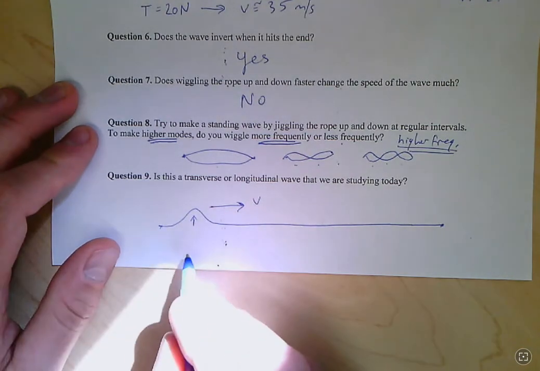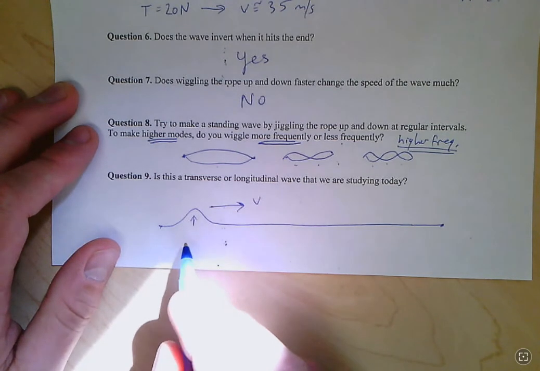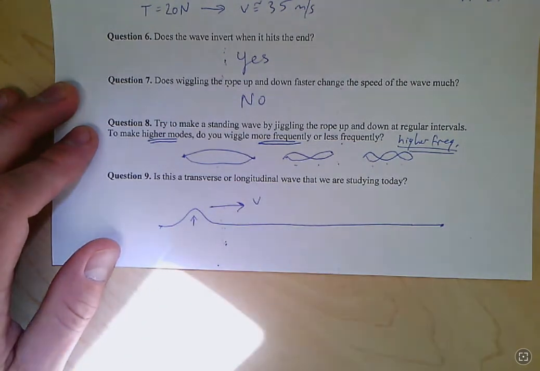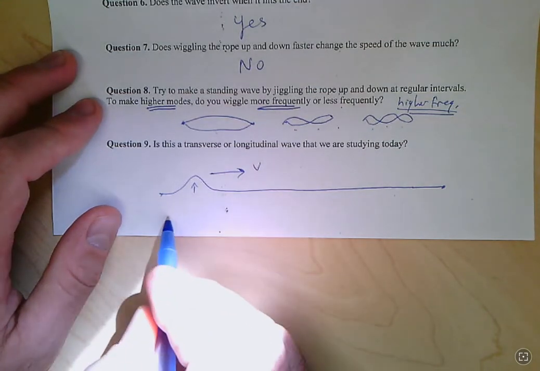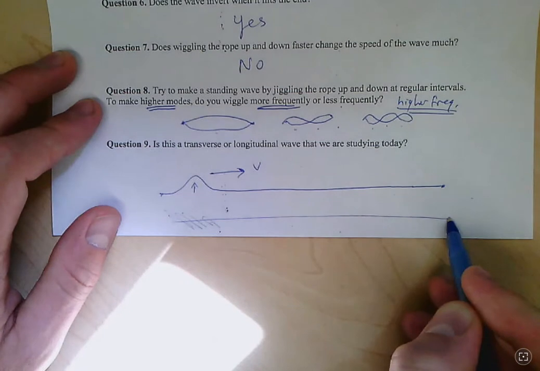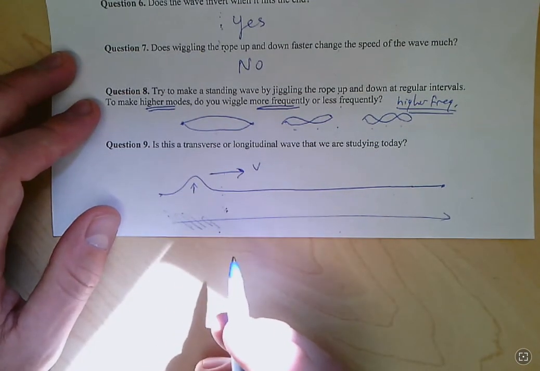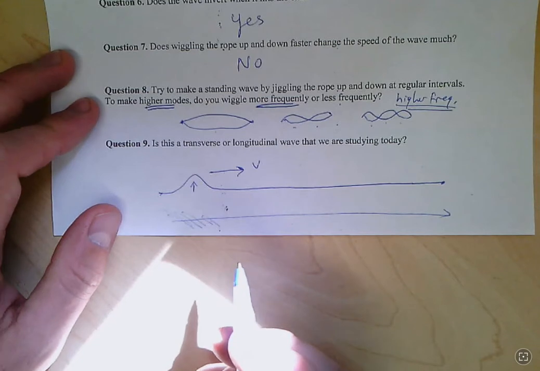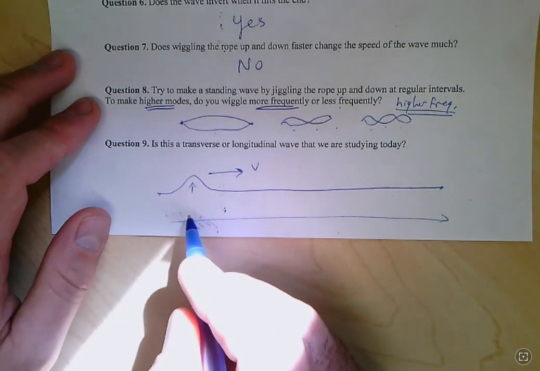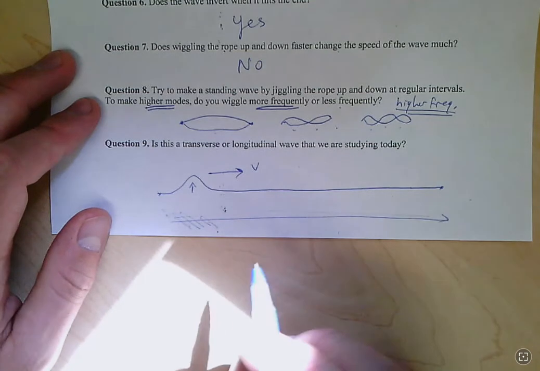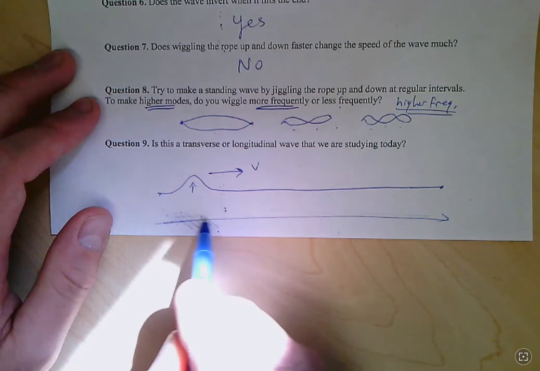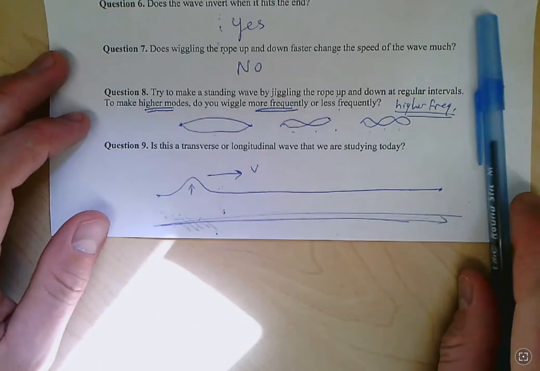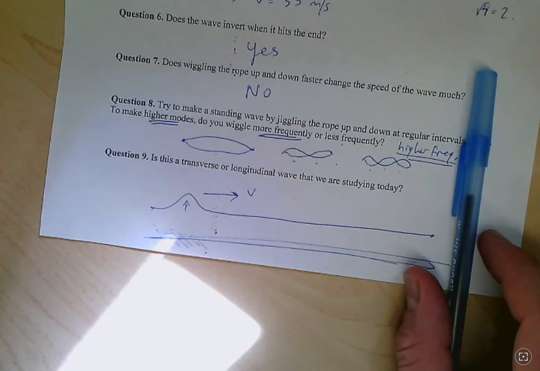Now, some of you also had this experience of wondering, if I'm jiggling the rope left-right and watching the wave go forward, does that make it a longitudinal wave? And the answer is not quite, because you can jiggle this rope from side to side like this, and the wave can still go across this way. The only point is that if the motion of the particles, in other words the material of the rope, is moving perpendicular to the motion of the wave, then it's still a transverse wave, even if it's up-down or left-right, because we have to think about that with respect to where the wave is actually moving. So anyway, that's the worksheet for our transverse waves, or waves on a rope,